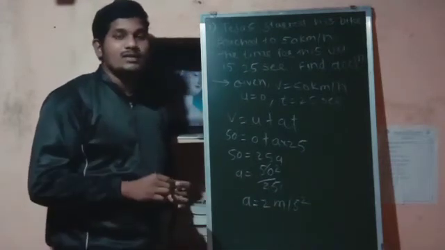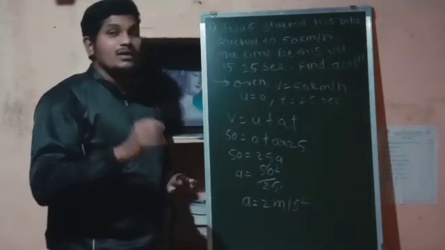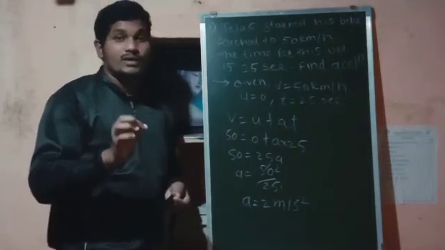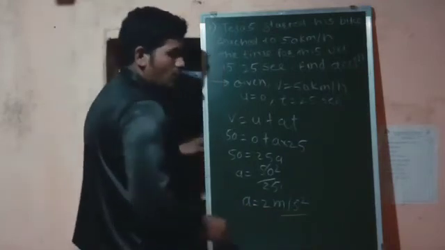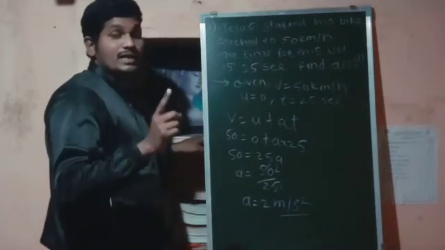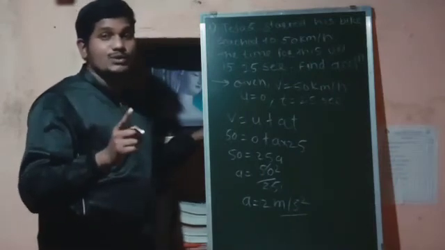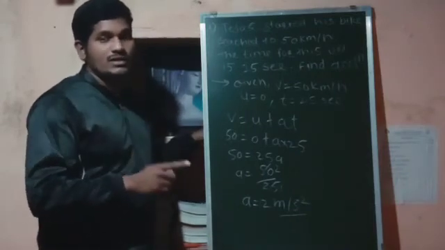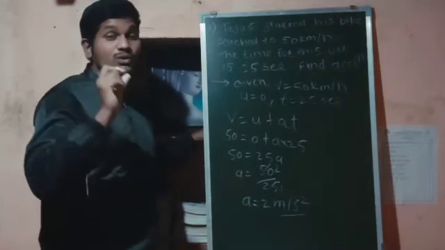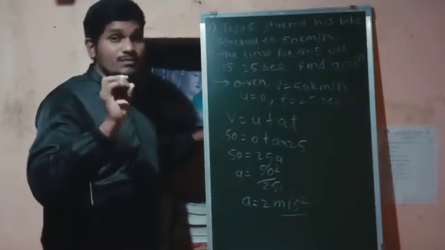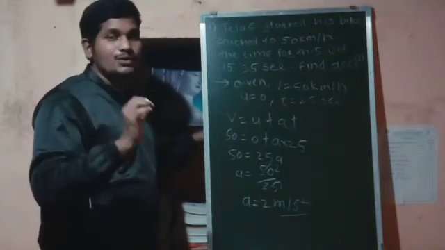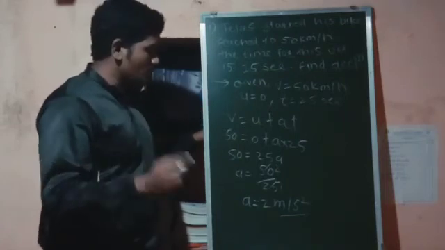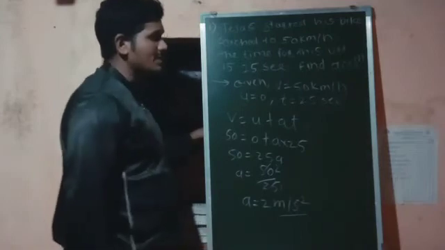And the most important thing I would like to tell you is that those students who are toppers, they forgot one thing, that they forgot to write the unit of the quantity. So there the examiner may cut half or 1 mark for this mistake. So without any excuse you must never forget to write the unit of the quantity. So the answer will be 2 meter per second square.